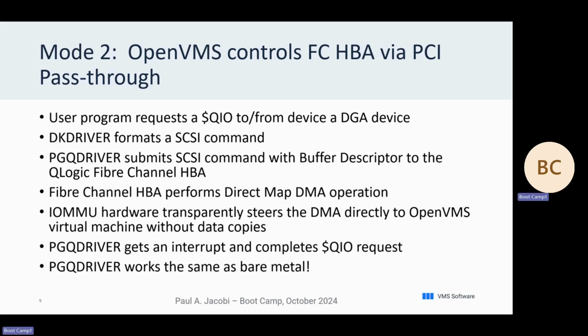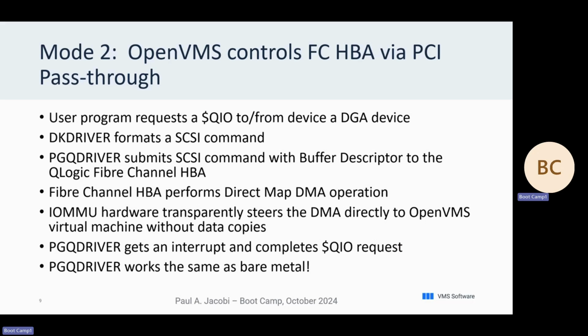So in mode 2, a user program requests a QIO from a DGA device. DK driver is there again to format a SCSI command packet. It submits it on to PGQ driver, which is the port driver for the QLogic fiber channel host bus adapter. It takes that SCSI command packet, combines it with a buffer descriptor, and submits that to the fiber channel host